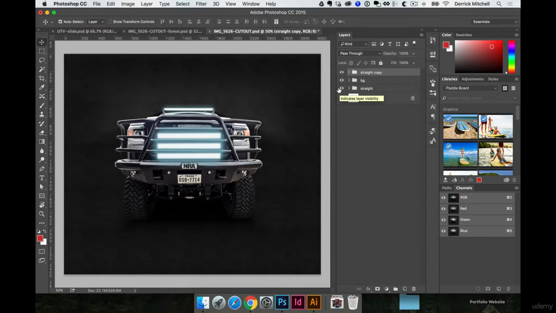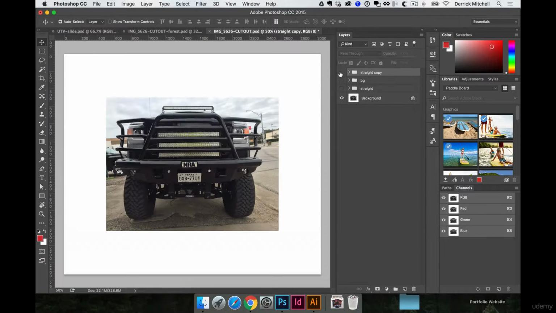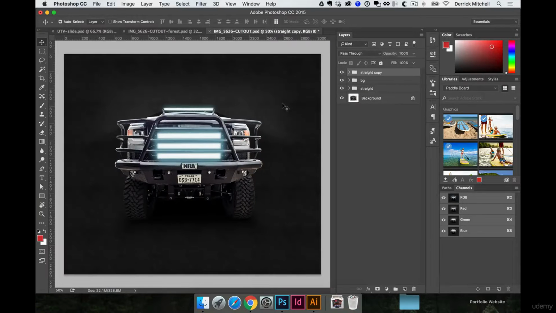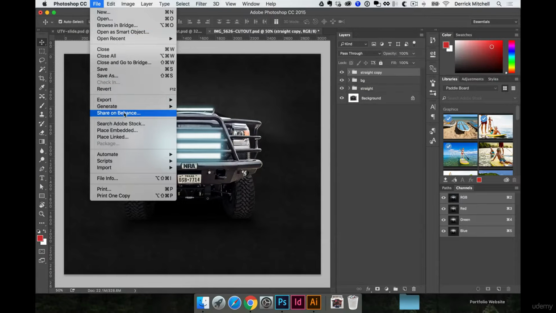So I want to show the progress and the progression of this image. Now I don't really want to show just the plain photo, so I'll start here and just show where I've got the truck already kind of cut out with the lights and stuff. And what we'll do is I'll come up to File, I'll come down to Share on Behance,